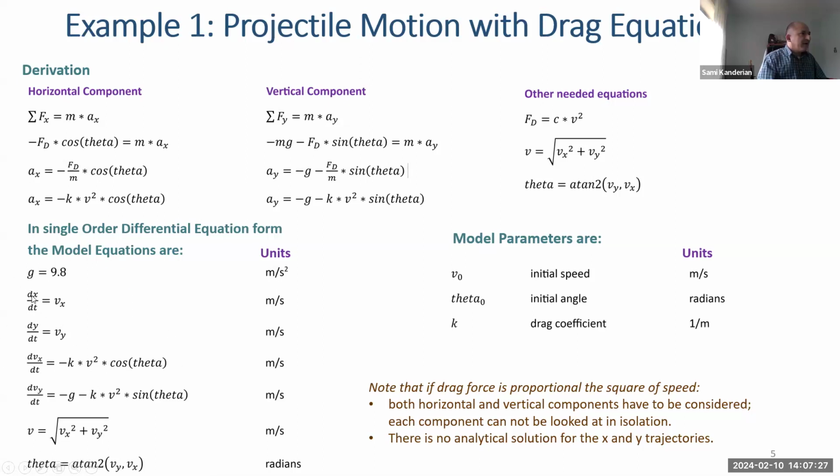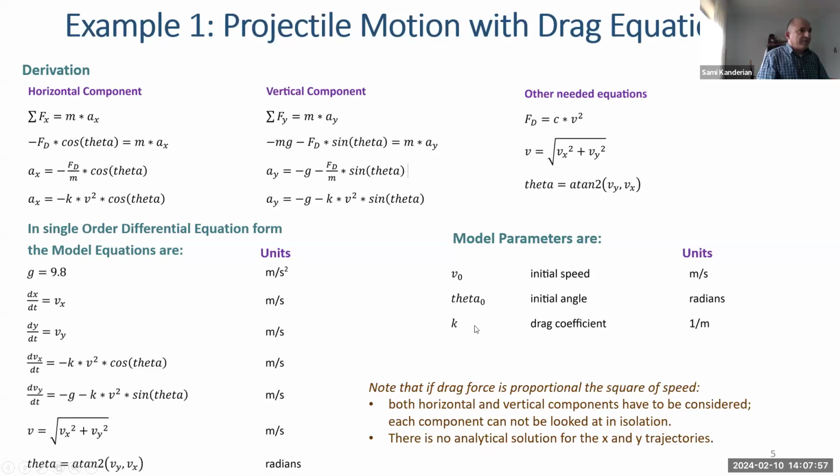Now I have G, which is the gravitational constant. I have that as an equation and not a parameter, and I'm going to explain why. What I call parameters, or what WikiModel considers parameters when you type them in, is you can actually identify the parameters, or you can fit them to your data. I'm not trying to fit the gravitational constant because I know we're on planet Earth, and I know it's 9.8